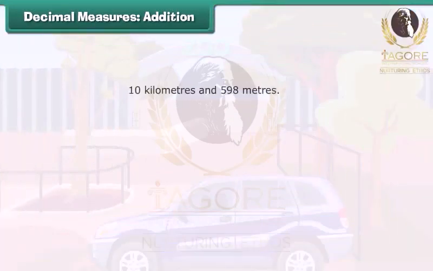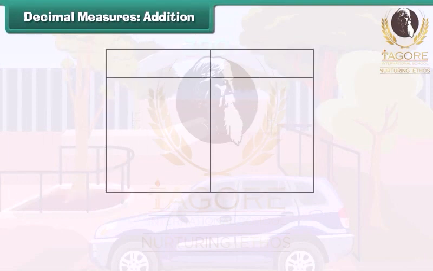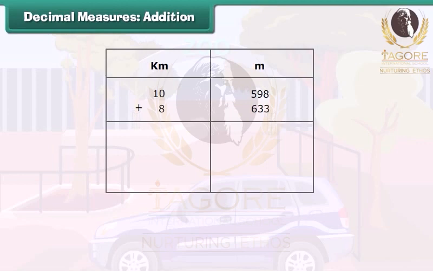The total distance covered by Ryan and his uncle can be calculated by adding both the distances. First, make two columns. In the first column, write kilometers, that is km, and in the second column, write m, that is meters. Write 10 under kilometers and 598 under meters. Below 10, write 8, and below 598, write 633. Now add it. The sum of 598 meters and 633 meters is